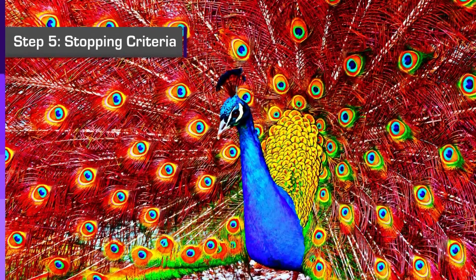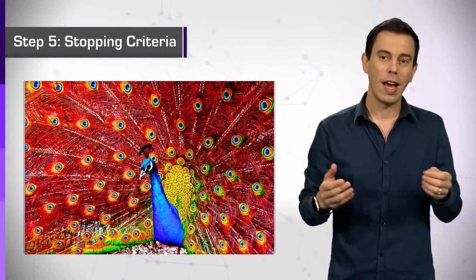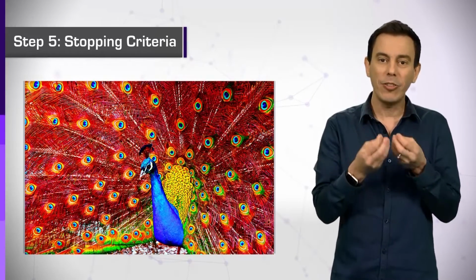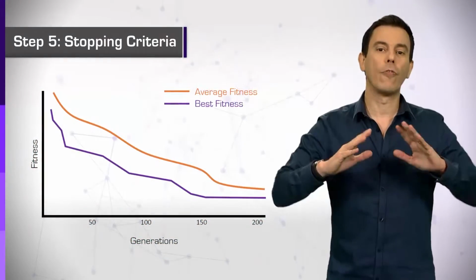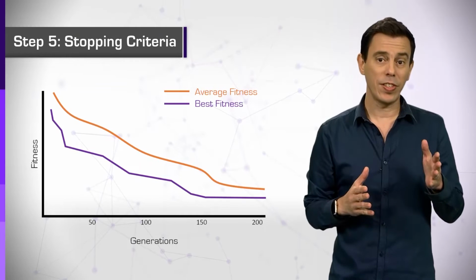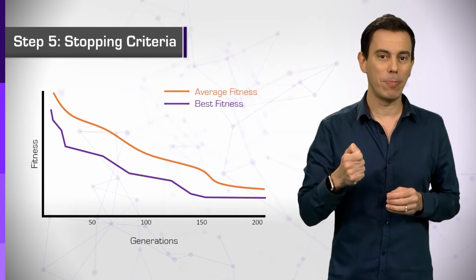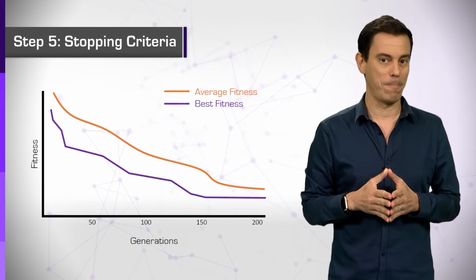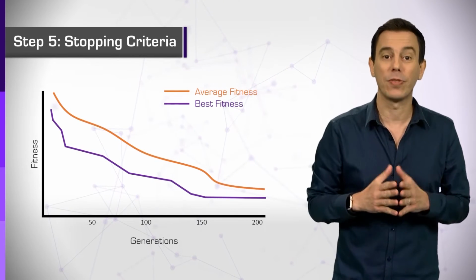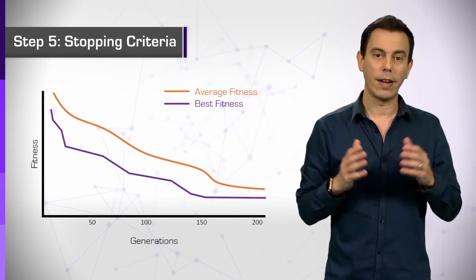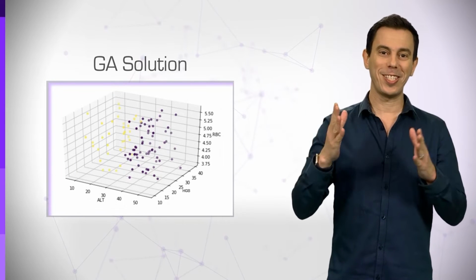Step 5. Stopping criteria. In this case, we don't know what is the value of the best possible fitness score, as every clustering problem has an inherent error in it that we just dismiss. So our criterion here is the convergence over time. As you can see in this chart, evolution did take place. And in this case, we see it by the minimization of the fitness score over time. After just 150 generations, there is no additional substantial improvement, so we stop and output the genotype of the best individual. And voila, this is its phenotype.